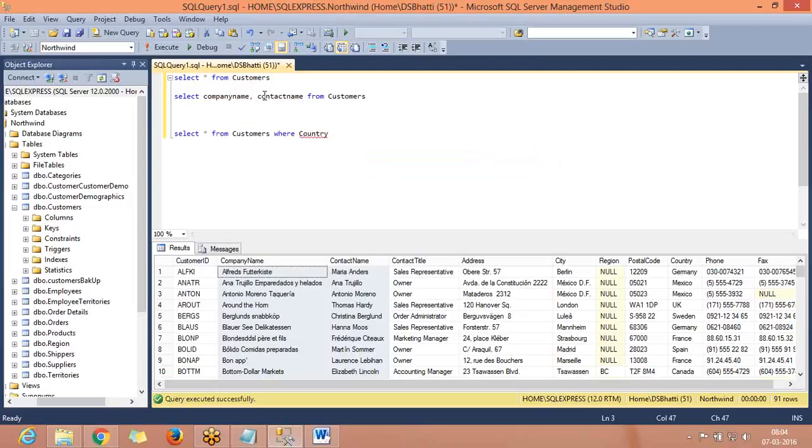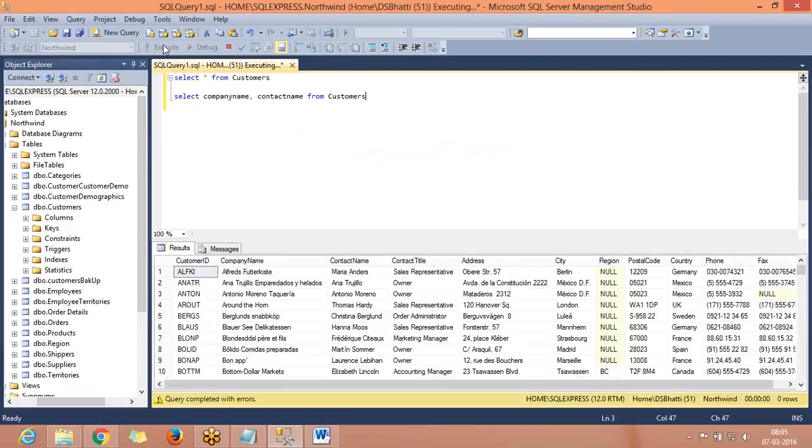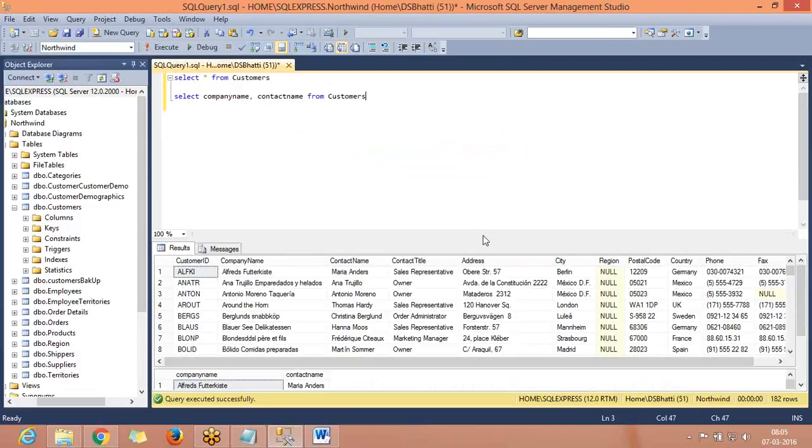Now, one thing important. If I press execute or press F5, it will run both of these queries, select star from customers and select company name, contact name from customers. Let me show you what will happen. Let me just remove this one because we have an error this way. Now, if I press execute,